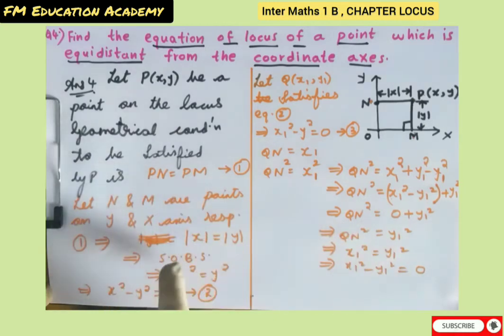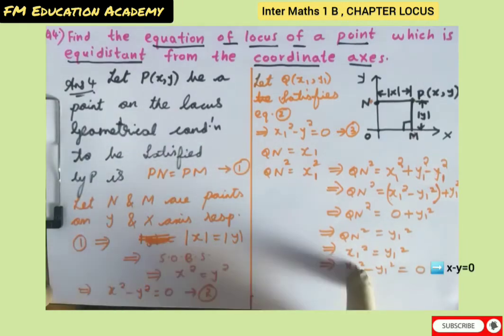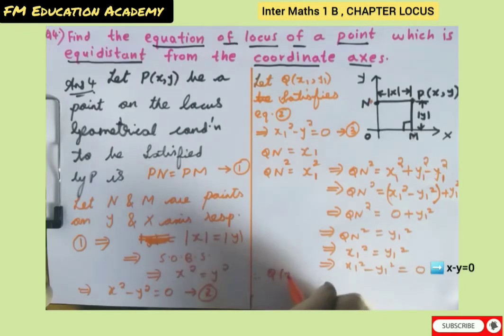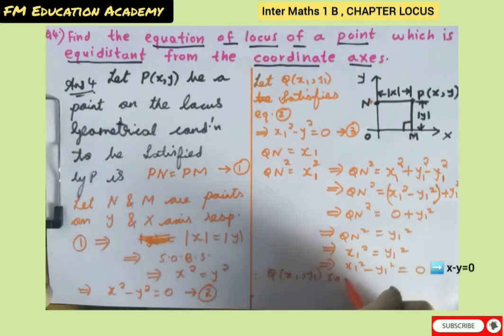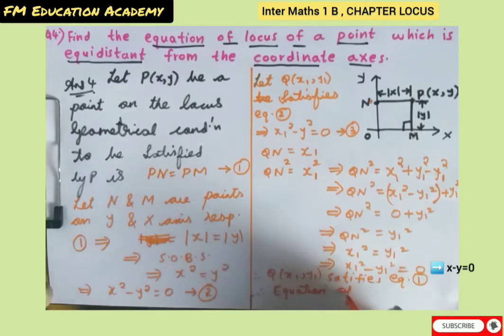Initially what was there? Pn was there, Pm was there, x was given equal to y, and x square minus y square was given as 0. This condition was given to us. What we did? We took Qn and we made this equal to this condition. So we got the condition now, both are the same. So we can say that Q(x1, y1) will satisfy equation 1. Therefore Q(x1, y1) satisfies equation 1. Therefore the equation of locus of point is,